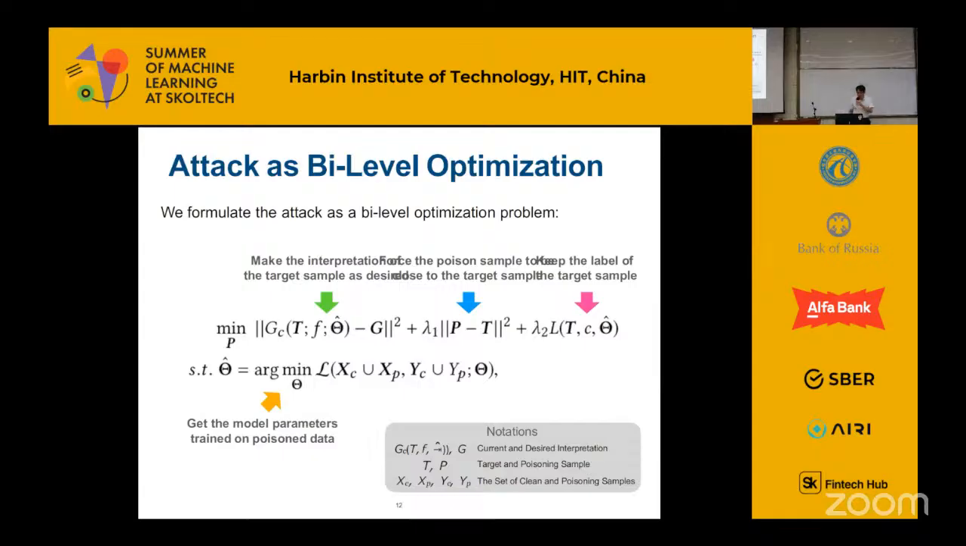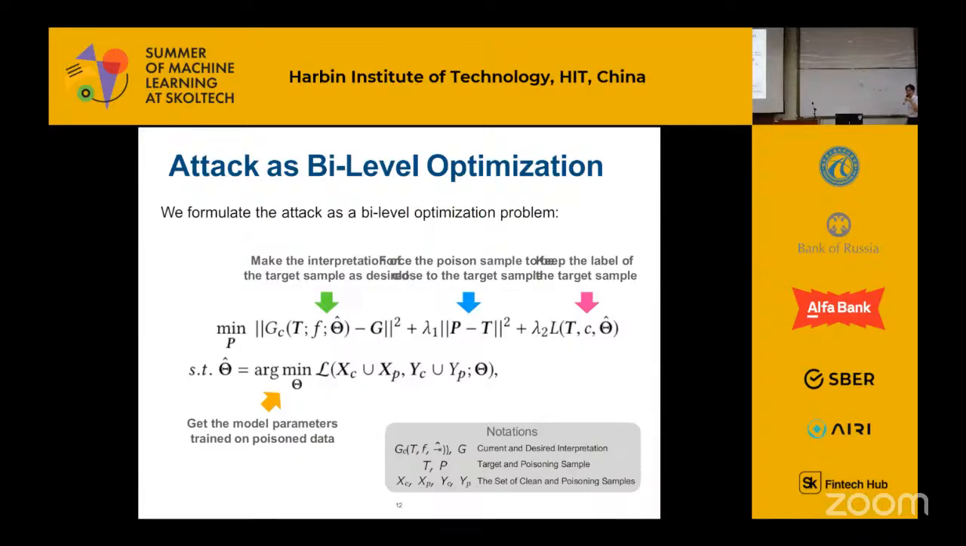And as we can see here, there's a minimize about the first term. The first term is about the GC minus the G. This is to make the interpretation of the target sample just as the attacker desires, which means that we want to reshape the interpretation into this thing, and this one is the original interpretation, right? We want to make them as close as possible, but at the same time we have to consider the encirclement,